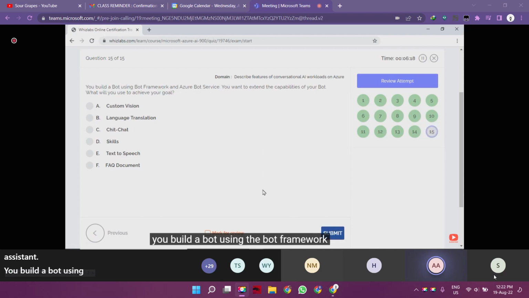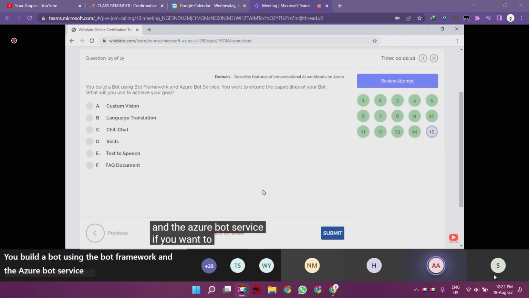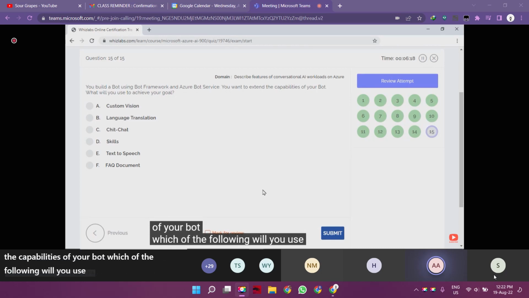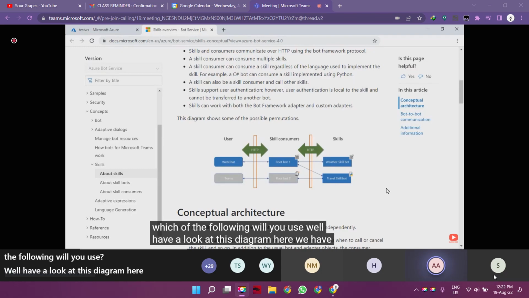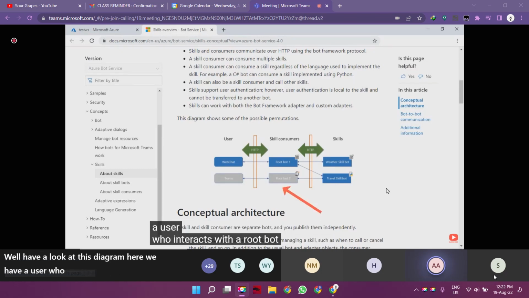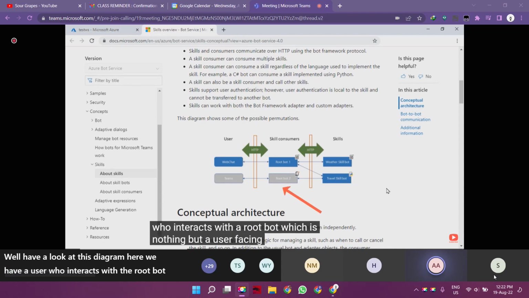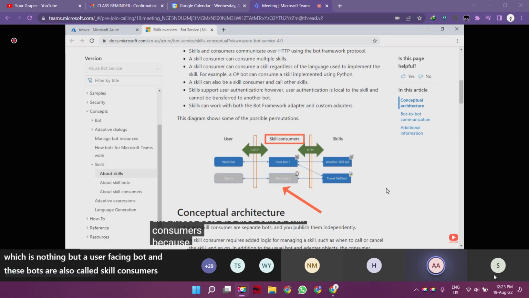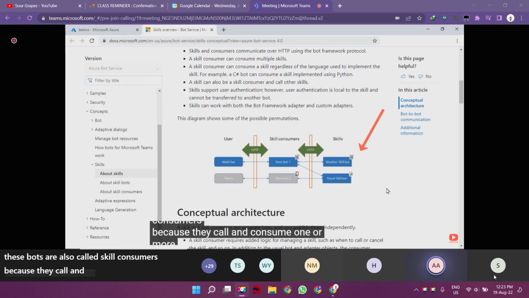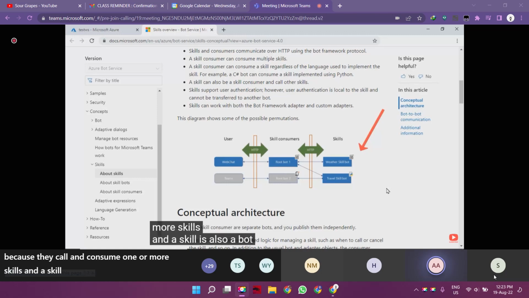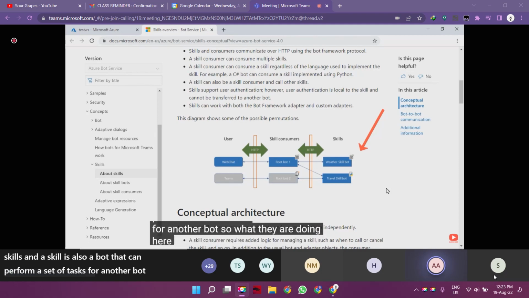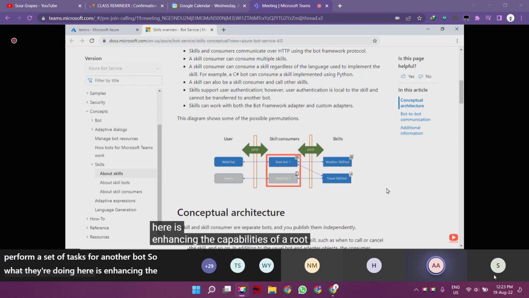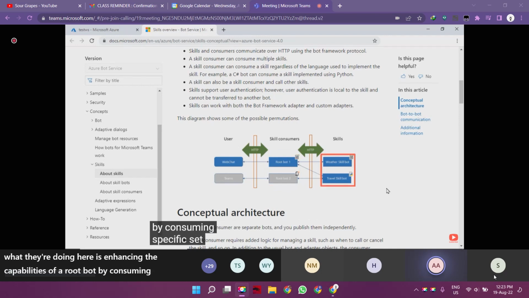You build a bot using the Bot Framework and the Azure Bot Service. If you want to extend the capabilities of your bot, which of the following will you use? Well, have a look at this diagram here. We have a user who interacts with a root bot, which is nothing but a user facing bot. And these bots are also called skill consumers because they call and consume one or more skills. And a skill is also a bot that can perform a set of tasks for another bot. So what they are doing here is enhancing the capabilities of a root bot by consuming a specific set of skills